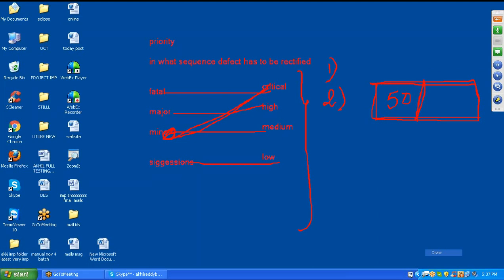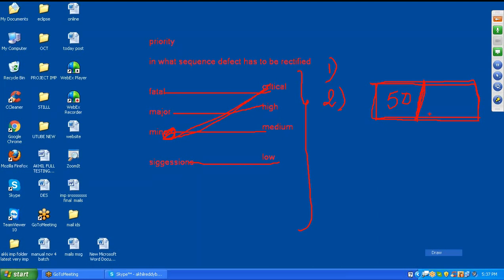Yeah, I will go for the critical priority. We will go for the minor suggestions. This is which type of defect? Oh, this is fatal, yeah, a fatal defect. Half of the application is developed, and the remaining part is not yet finished. So this is the fatal defect.